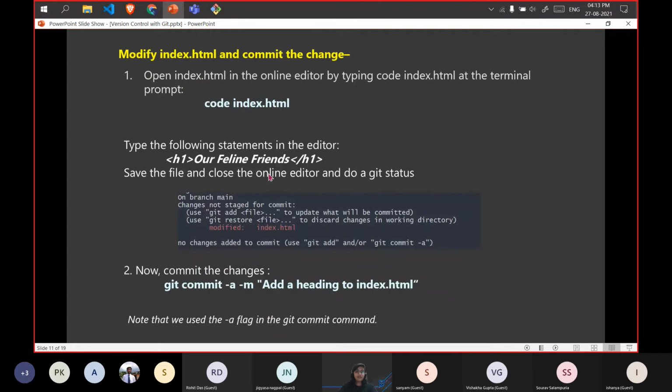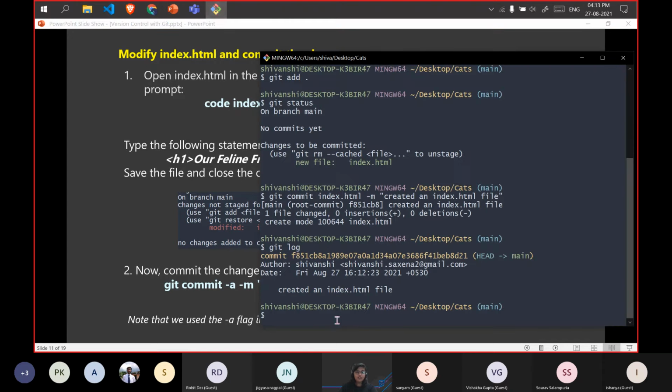So now let's modify the index.html file and make some changes and commit that. I'm using a VS Code editor. If you're using any other editor than that, you can just do a quick Google on how to associate your editor with Git, because if you're using Atom or Sublime, you'll have to configure that with Git, and it has a special command with git config. So you can do that. Otherwise, if you have VS Code, then